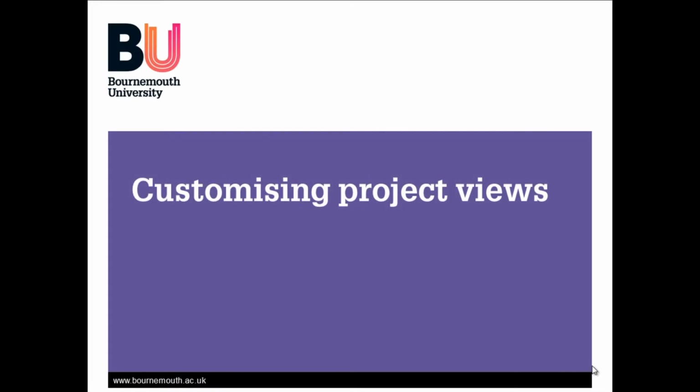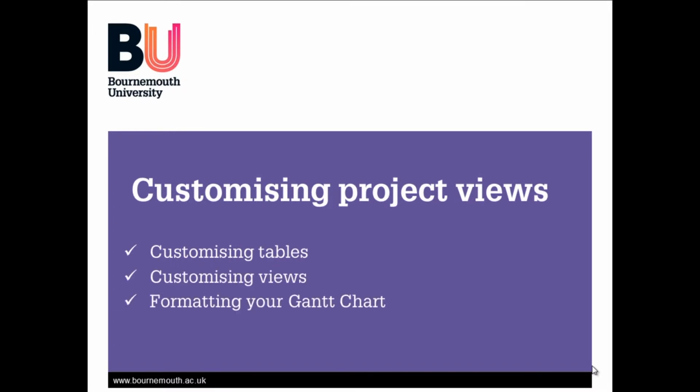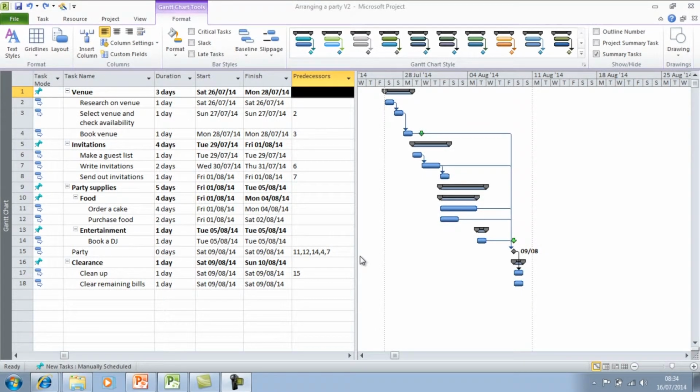Within this video, we'll be looking at customizing project views. This includes customizing tables, customizing views, as well as formatting your Gantt chart. In Microsoft Project, you can modify the appearance of a table by adjusting and hiding columns, switching tables, as well